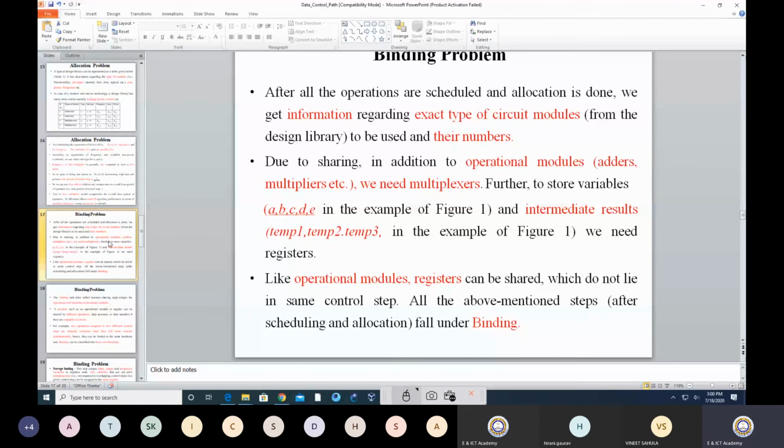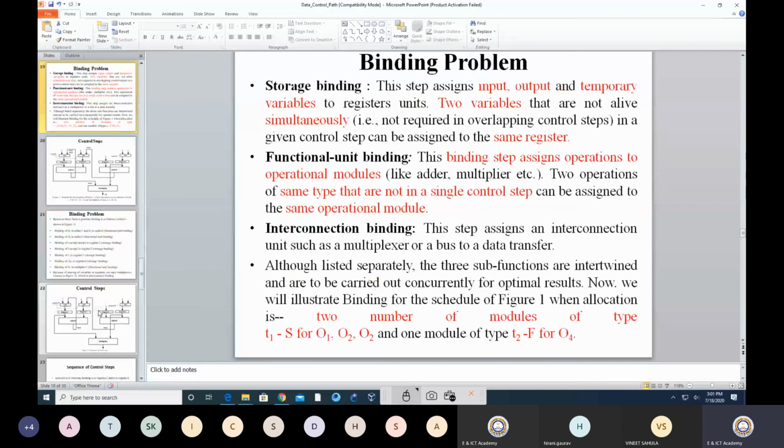Okay, now I am just directly moving forward to how I can go for a data part and a control part design for this. Okay, now for a storage, definitely I can use some register. So I will use a simple register over here, which could be similar to your D flip-flop. Then probably adder and multiplier, I will use two different resources for performing addition as well as subtraction.